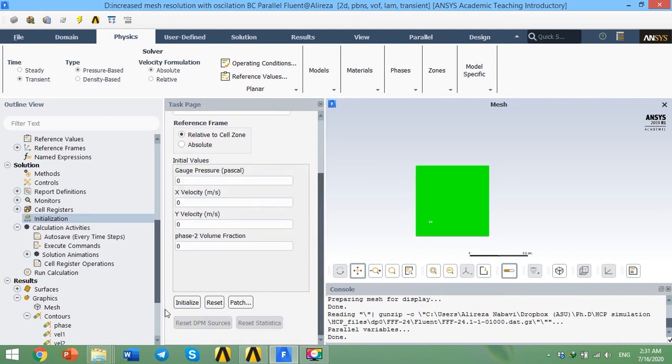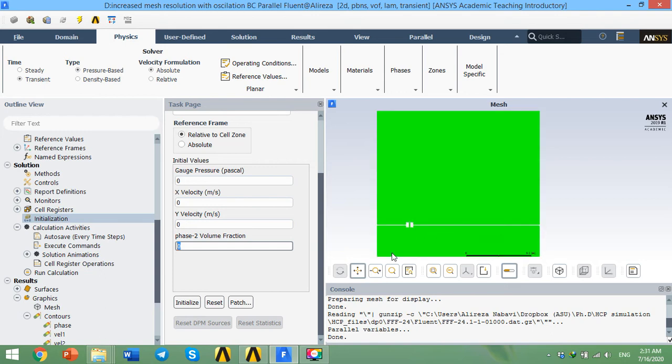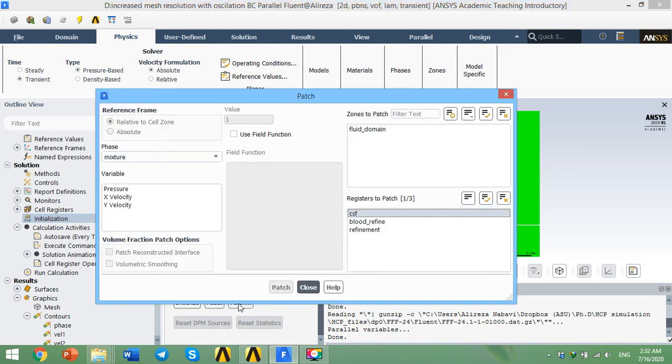So basically we initialize with phase 2 volume fraction equals 0, which means that for the entire domain I'm going to assign phase 2 VF of 0, and basically that means that it's going to be blood everywhere, because when phase 2 volume fraction is 0, it means that phase 1 volume fraction is 1, and it's going to initialize it for everywhere. But that's not what we want. We want the bottom half of the geometry to be CSF, and to do that we need to patch